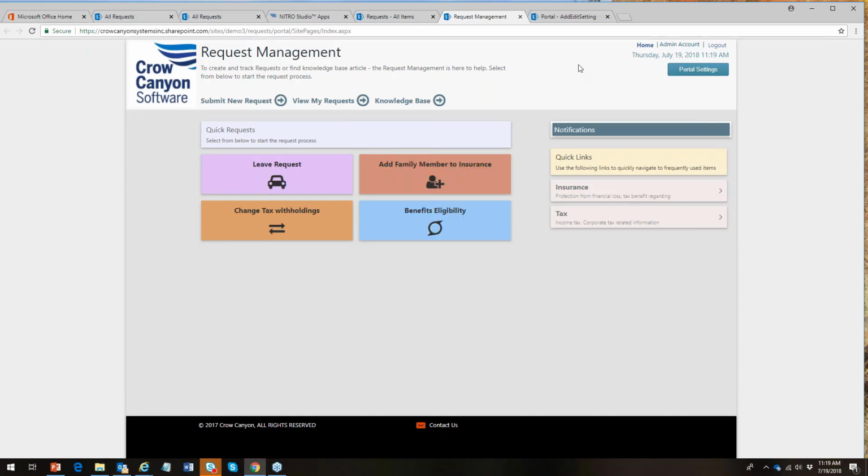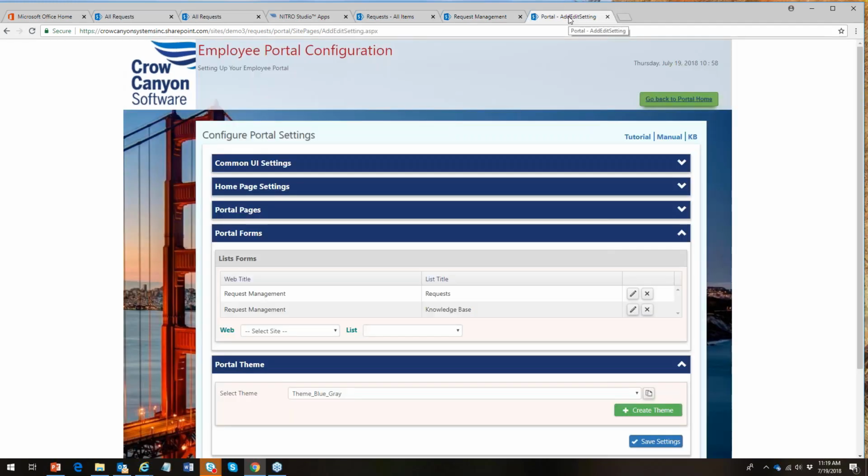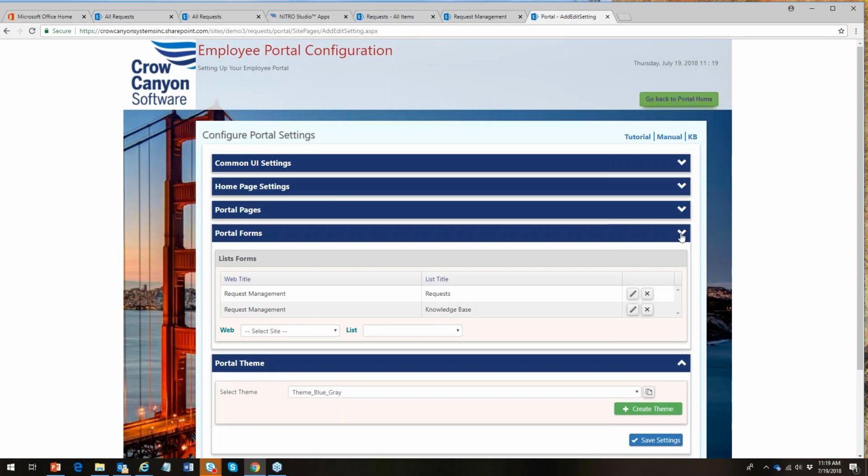Let's do some of that right now. If I go into the portal settings, which an admin is allowed to go in the portal settings, I can modify this quite a bit. So in the portal settings here,